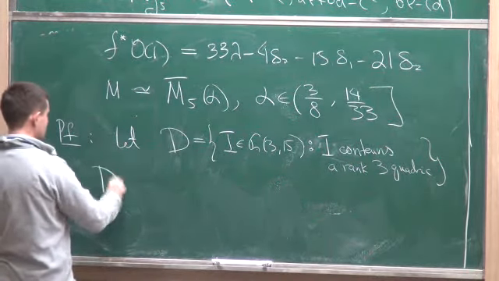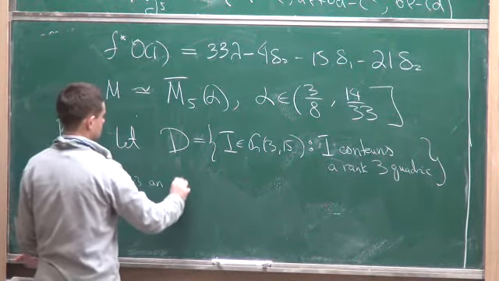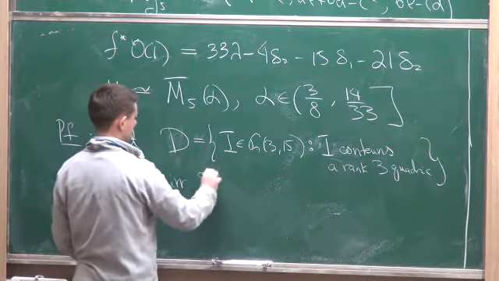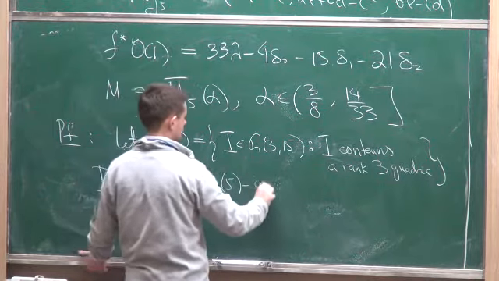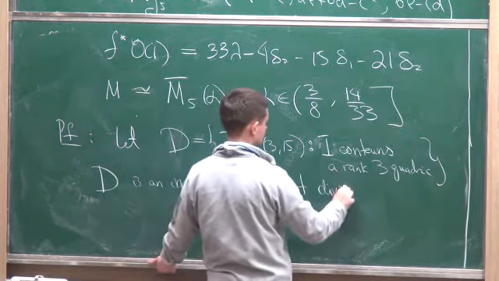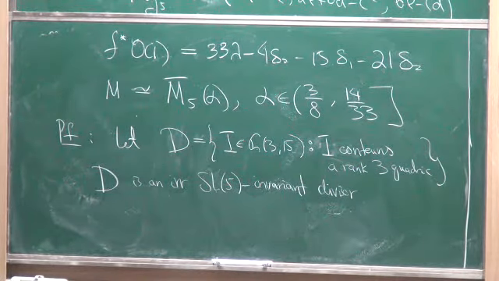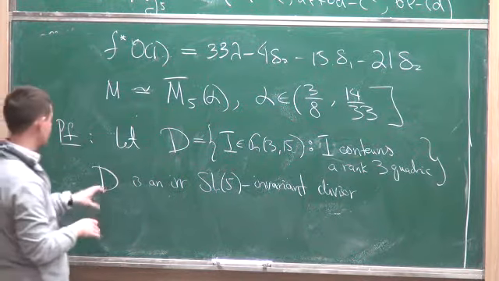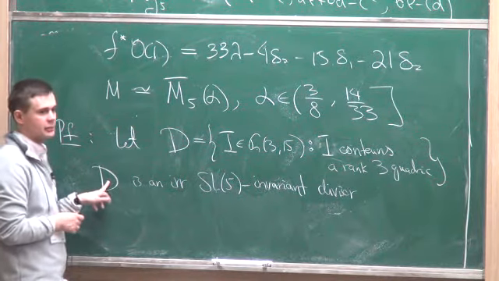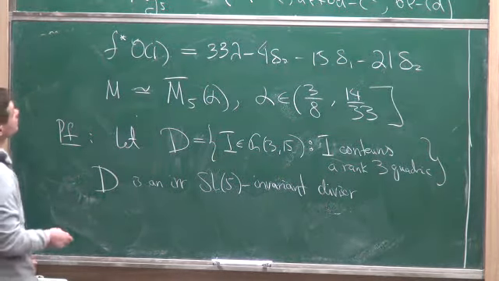Then D, by dimension count, is an irreducible SL5 invariant divisor on the Grassmannian. In particular, by Mumford's definition of semi-stability, everything which is not in D is automatically semi-stable. So the complement of D is semi-stable. And now the observation is,